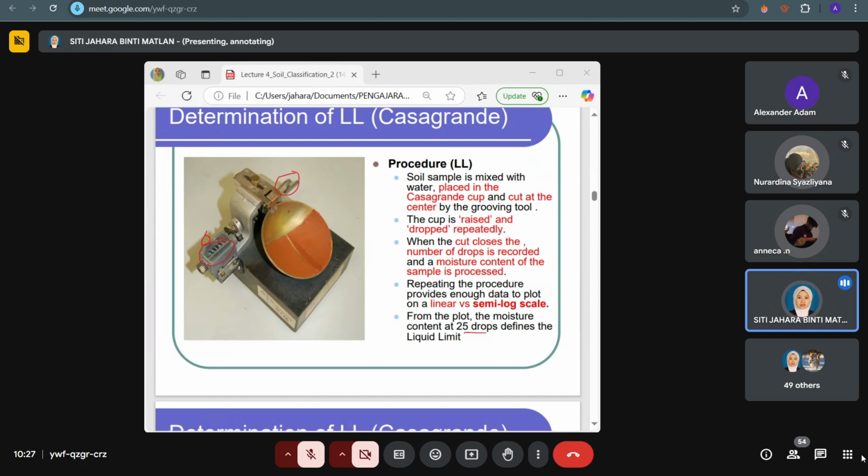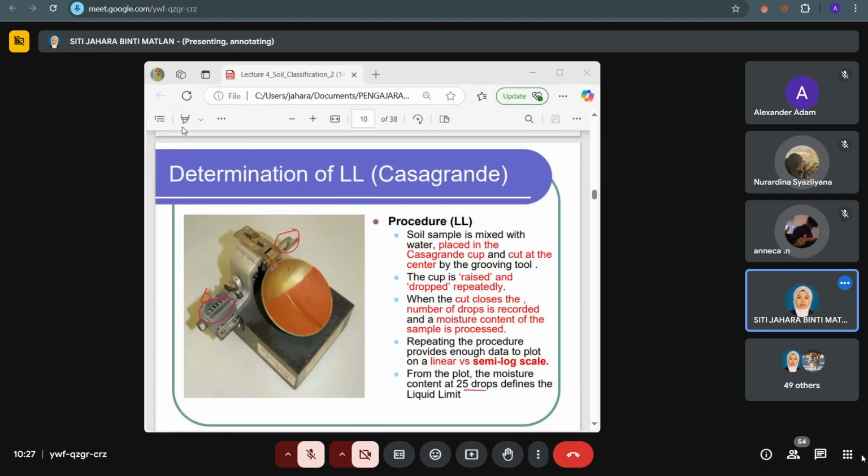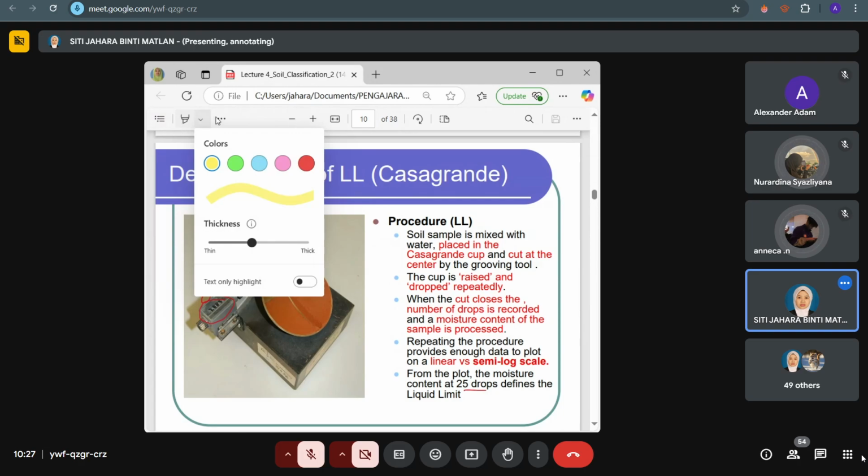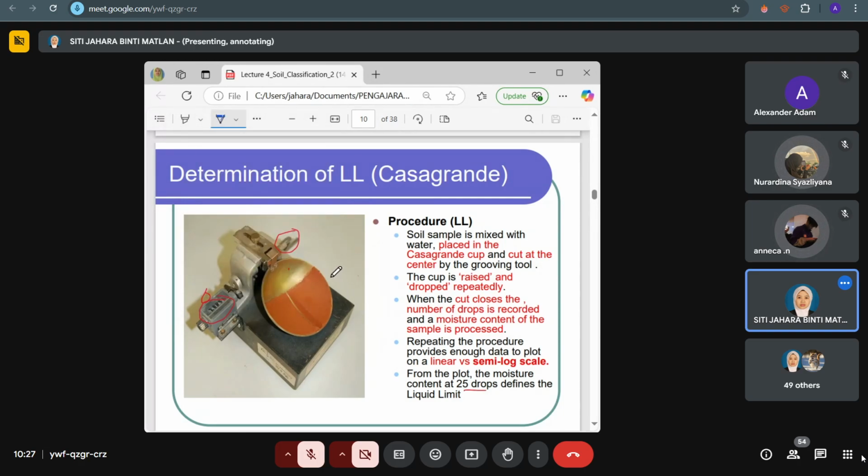So the soil sample yang kita mix with water, and then we put in the brass cup seperti yang kamu lihat dalam gambar ni. Sorry, saya ambil mark dulu. Ni kan, di brass cup, this is your soil sample. And then using a grooving tool, we cut a groove at the center of the soil. Okay,